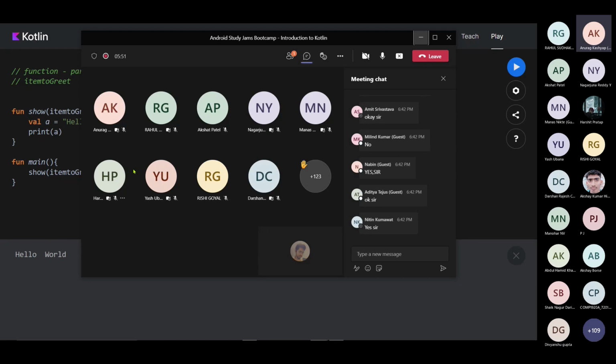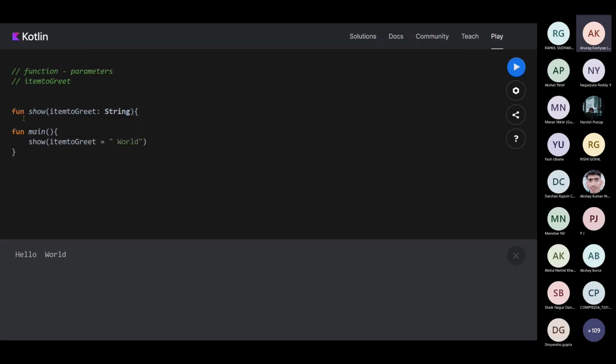Okay, now not one more method, actually it's pretty simple. I already told this to you. In functions we don't need to write the curly braces and all. Instead of the curly braces, I can directly write println. Why can I directly write println? Because this is a single expression function. Do you guys remember I just taught you single expression function? So this is it. We can also use a single expression function for item to greet.